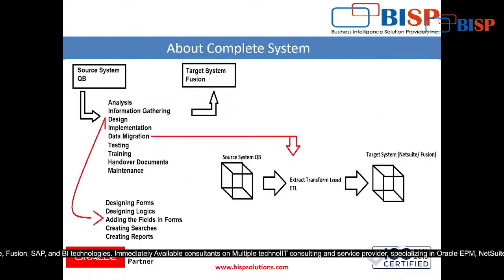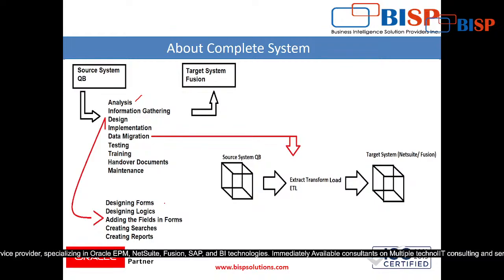Then let's have a look at this complete scenario. See here, if you see the complete system, source system QB QuickBooks, and they want to migrate to target system, that is Fusion, right? Now if you see, our process goes through the analysis part. Let's take a pen. First of all we will do the analysis part. Now in this analysis part, what we are going to do, designing forms, designing the logics,